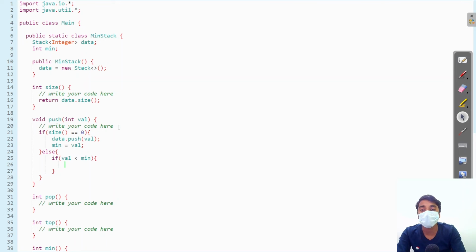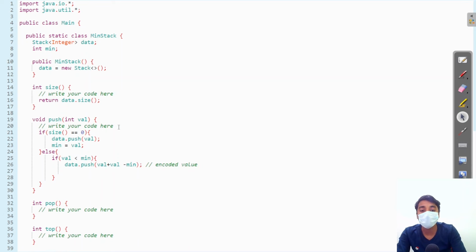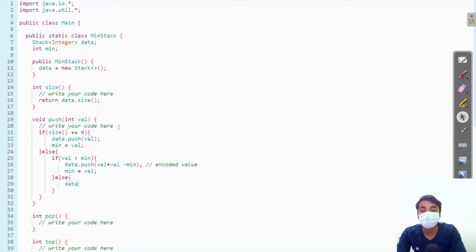If it is smaller, we will push value plus value minus minimum. This is the encoded value. Then we will update our minimum by that value. Else we will simply push that value, that means the value is greater than or equal to minimum.